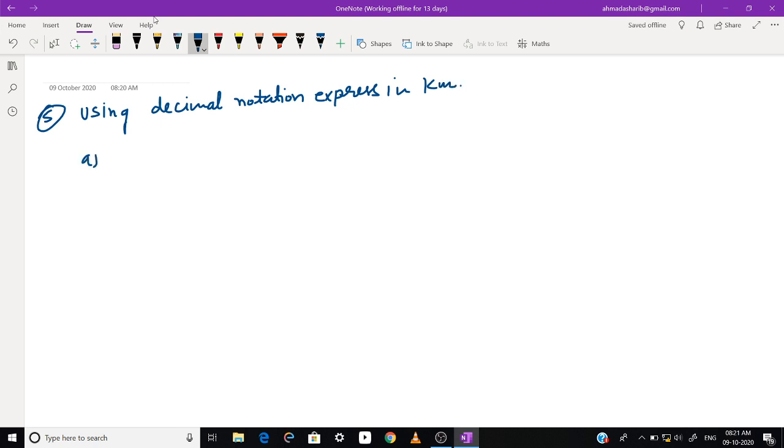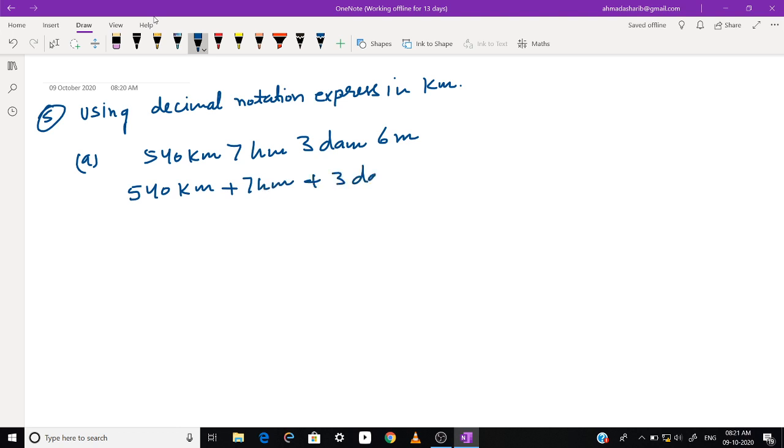And part A is 540 kilometers plus 7 hectometer, 3 decameter, 6 meter. So first we'll write it with positive sign, like 540 kilometer plus 7 hectometer plus 3 decameter plus 6